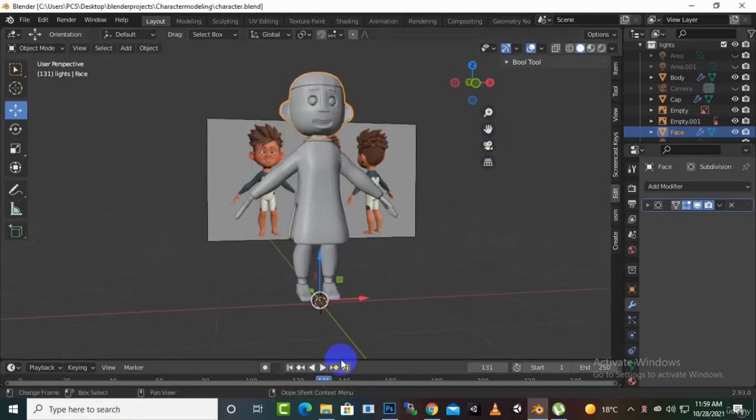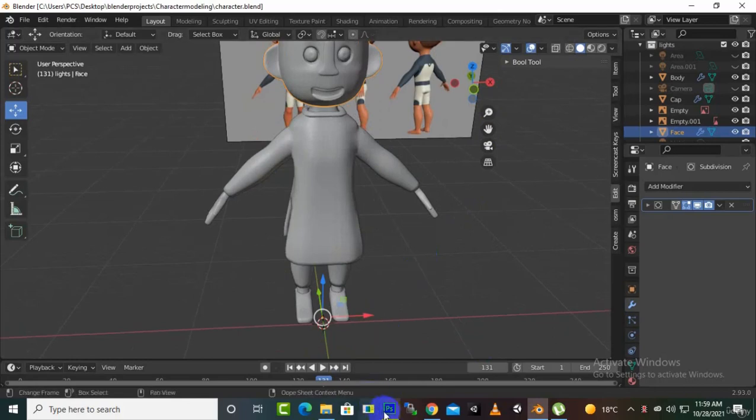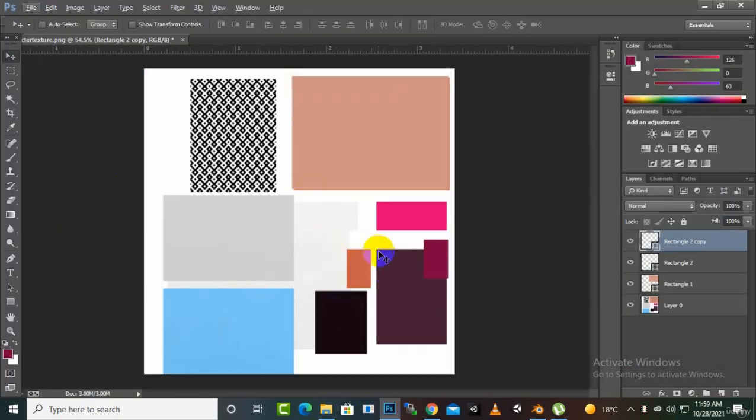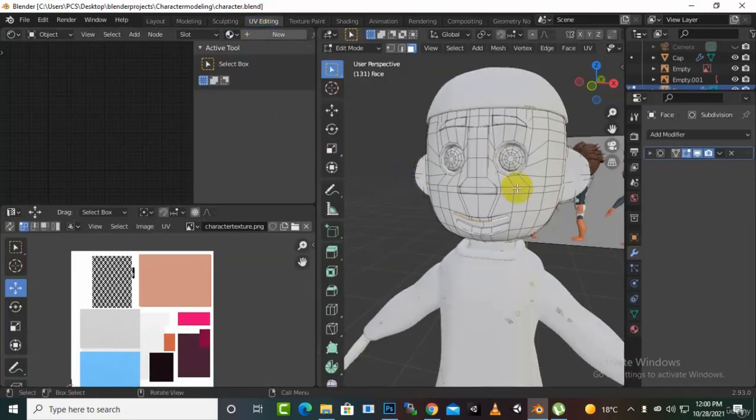Everybody, welcome back. In this video we are going to add texture to our character, and it's very easy. I have just added a texture, prepared a texture in Photoshop. You can see this, and with different colors, and we can use these colors for our character. So let's go to UV editing, and you will see that we have our